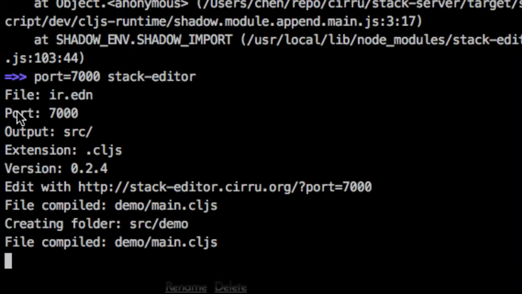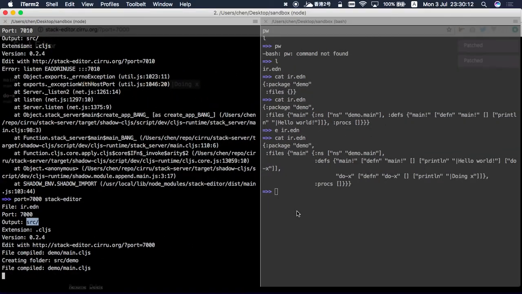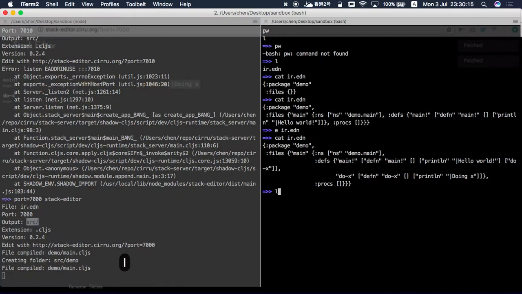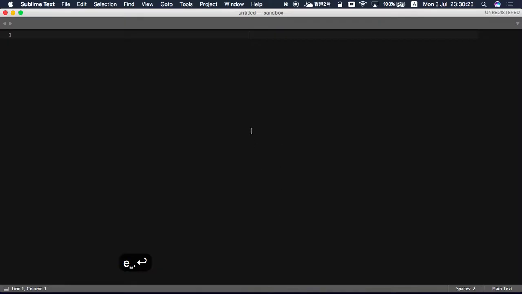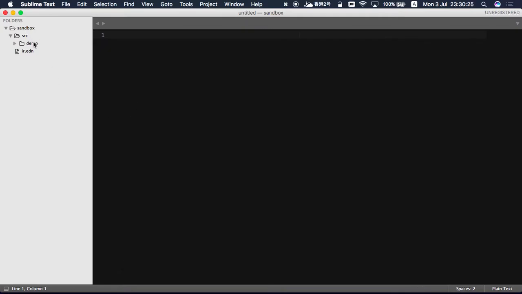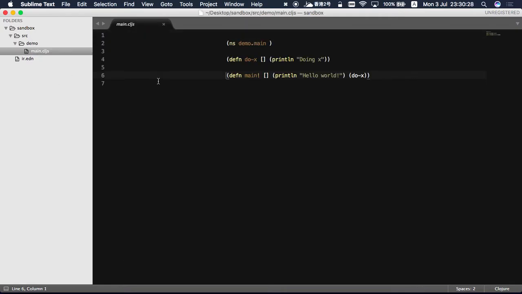When the editor starts, it uses this folder to hold the generated Clojure code. There's a main file generated, and by looking at the file, you see exactly the code I want, and the doX function is placed before this function, because main is